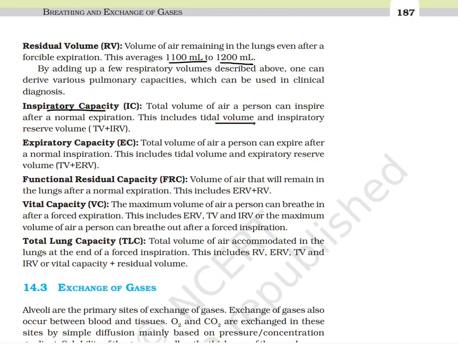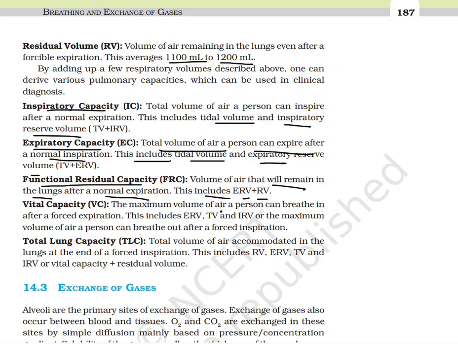This includes tidal volume and inspiratory reserve volume. Expiratory capacity: total volume of air a person can expire after a normal inspiration. These include tidal volume and expiratory reserve volume. Functional residual capacity: volume of air that will remain in the lungs after a normal expiration. This includes ERV plus RV, that is, expiratory reserve volume plus residual volume. Now, vital